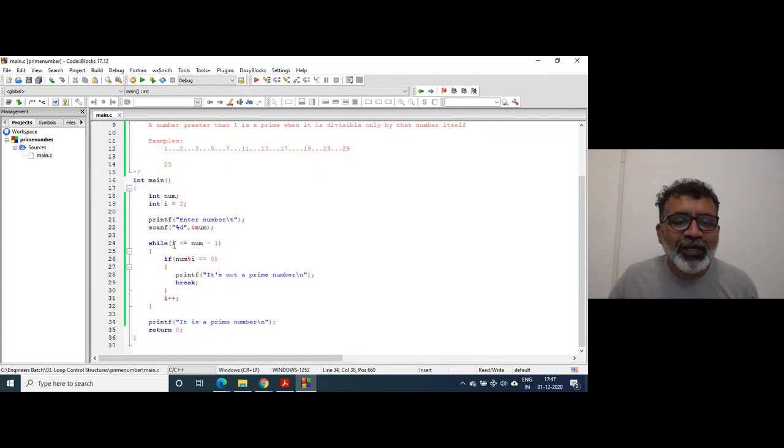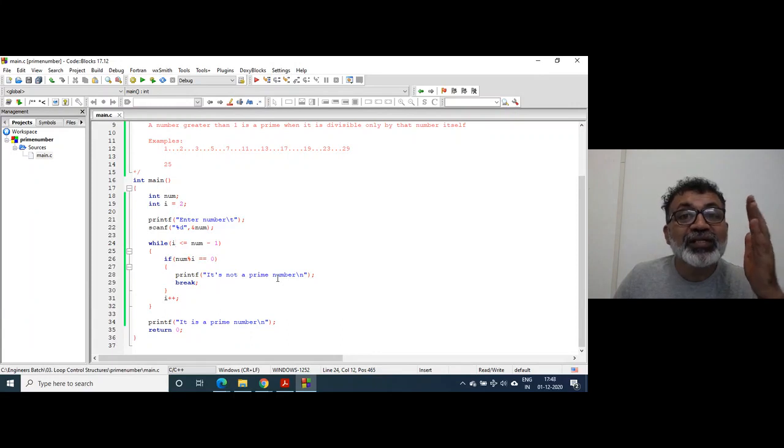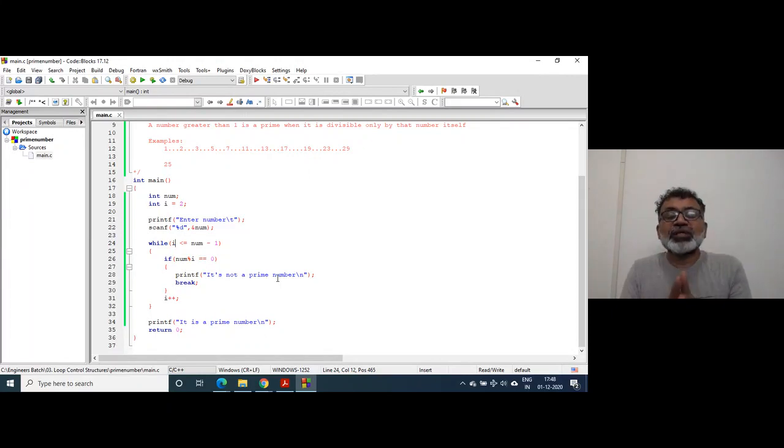Suppose you enter 7. So 7 minus 1, the loop will be executed for all values of I less than or equal to 6. So the loop will execute for all values of I between 2 and 6 when you enter input as 7.